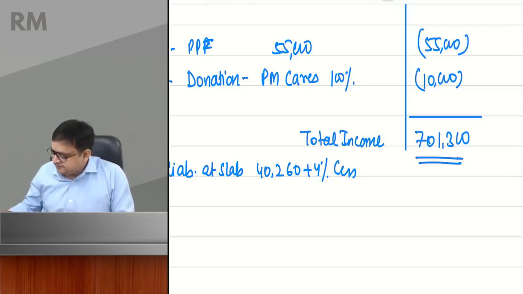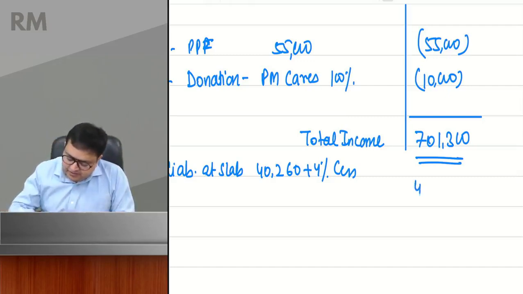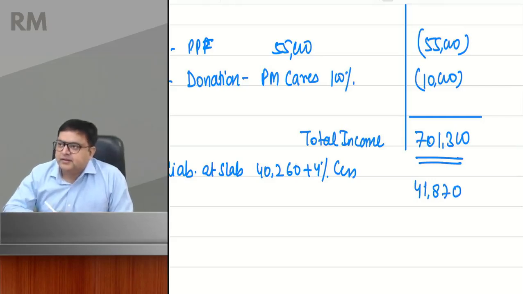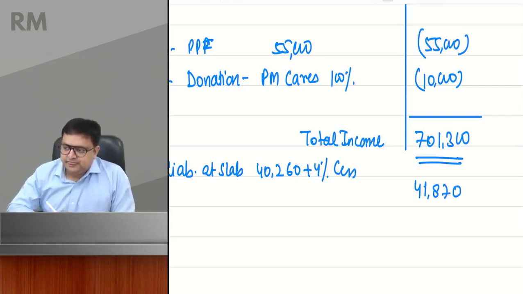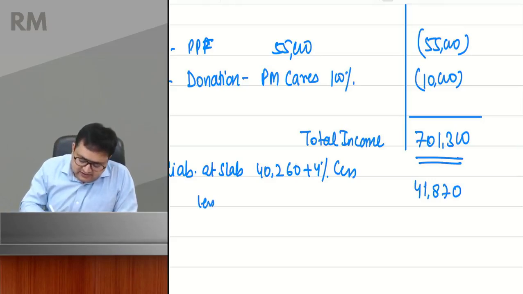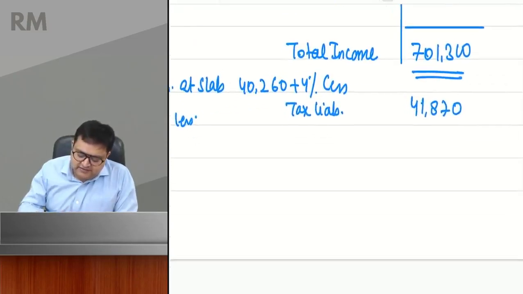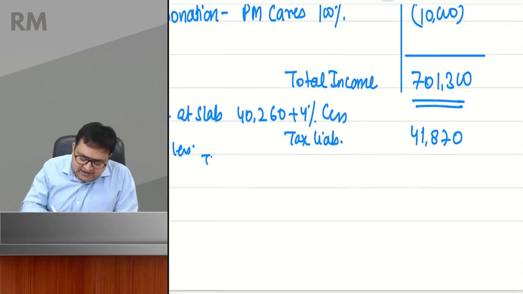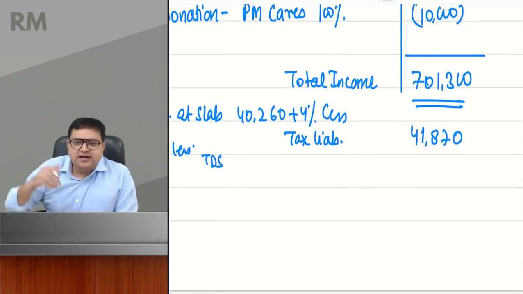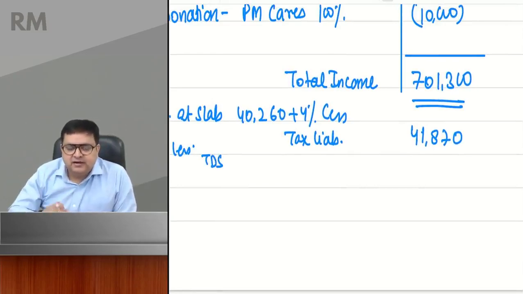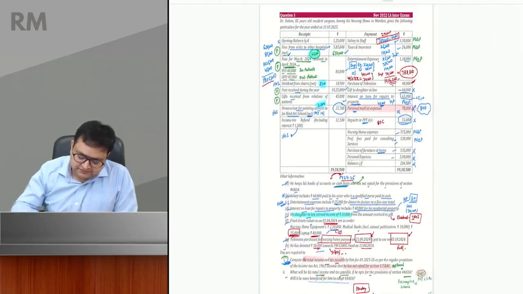4% cess. So after cess, we are getting 41,870 rupees. Now, less. This is his tax liability. Please write this is his tax liability. And now from his tax liability, we will less TDS. Whatever the TDS has been there, we will take that credit. So TDS was